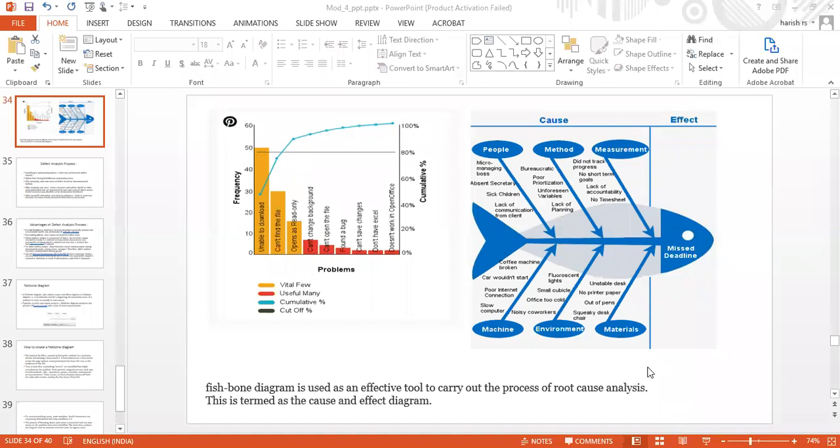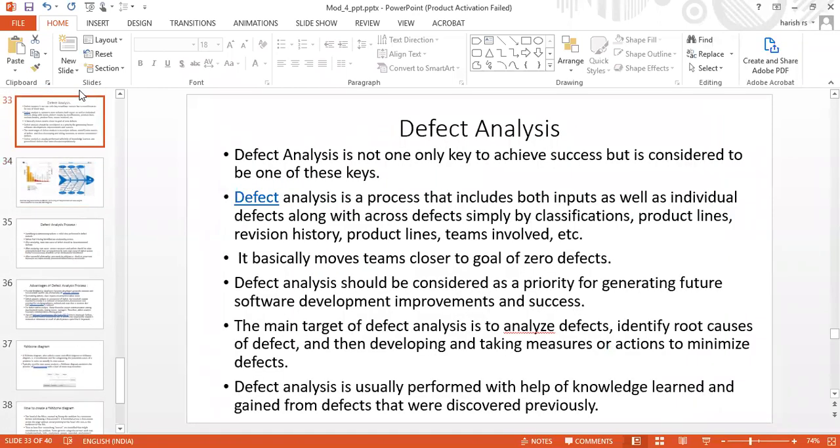In yesterday's class, we were just going through the process. The last topic we saw was defect analysis. What did we analyze? How is a defect arising? How are we going to follow up and go on to fix the error? These are the things that we saw in our last class.